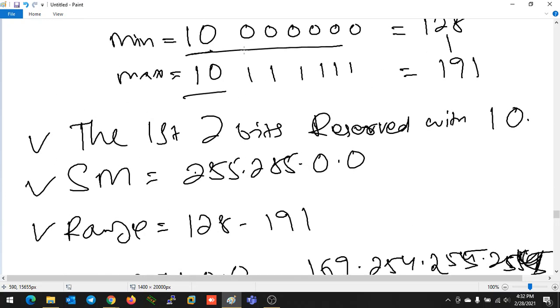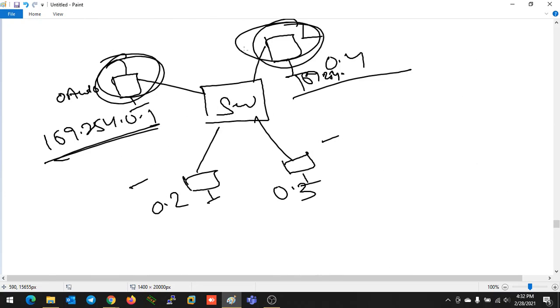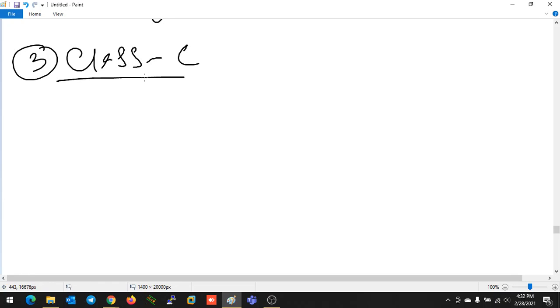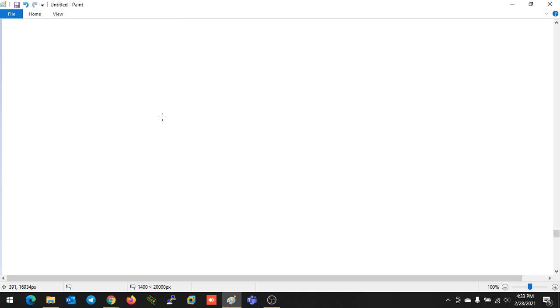About that, this was class B, next we will go for class C. In class C, the first octet has a total of 8 bits. The first 3 bits are reserved with 110.